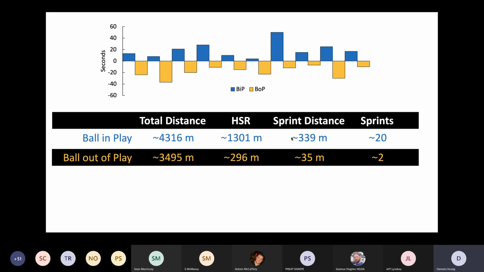Okay, so if we think back to how the game is structured, with the ball in play, out of play, in play, out of play, in play, out of play. What we wanted to find out is what kind of demands occur when the ball is in play, and then what type of demands occur when it's out of play. And what we found is that there's greater total distance, high speed running, sprint distance, and number of sprints when the ball is in play. When the ball is out of play,